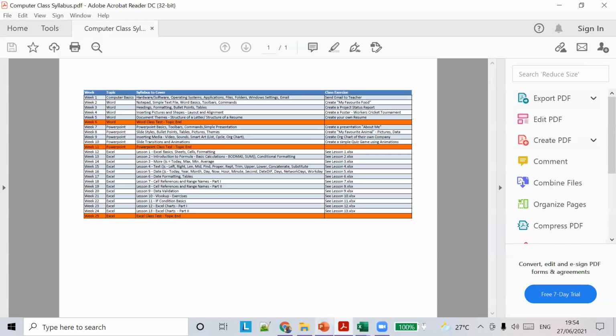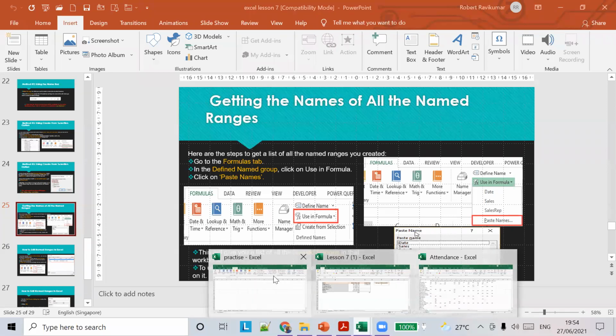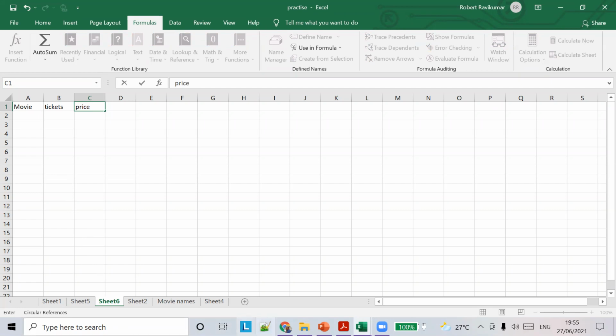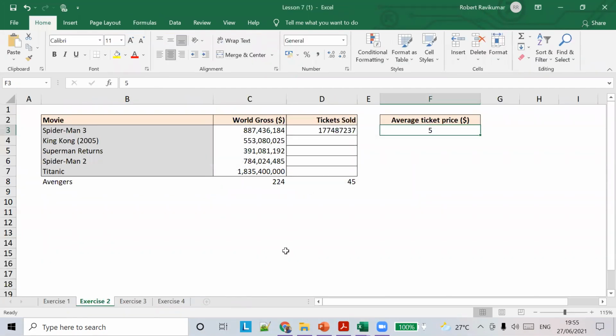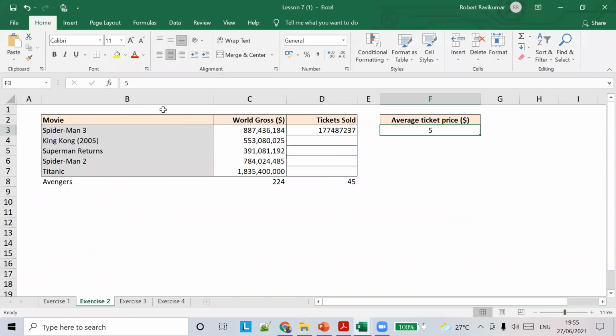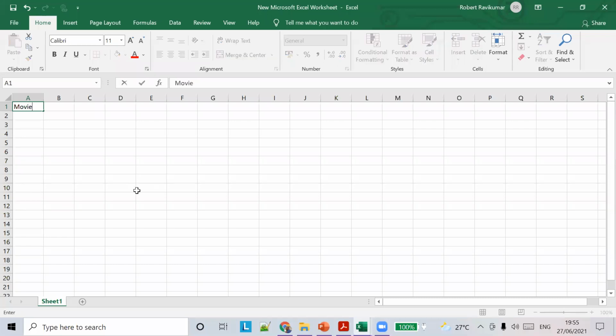Let me create a new Excel sheet with movie, tickets, and price.